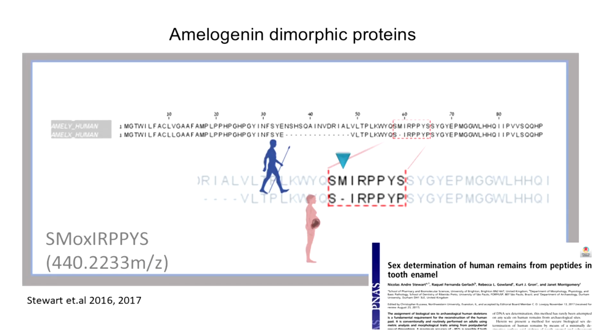All the work I will show you in the next slides is based on work that was already done in 2016 and 2017 by Stewart, who found the way to do it in humans. This is amelogenin Y and amelogenin X. You can see that they have a very conserved sequence, but there are some mutations between them. He found that at position 59, the methionine in amel Y is oxidized and is missing in amel X. So he developed this methodology for humans.